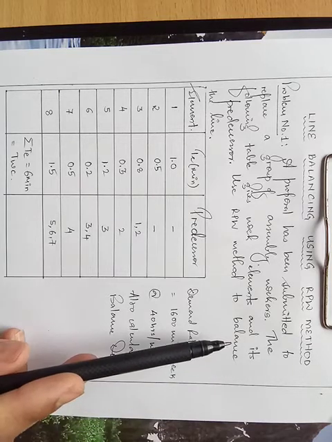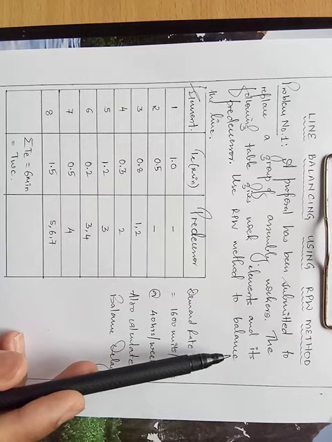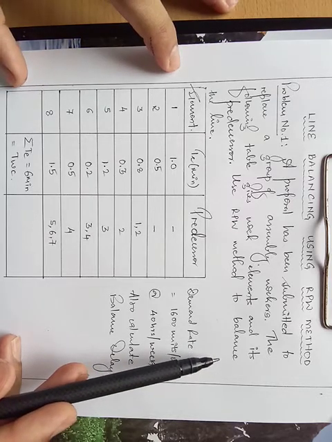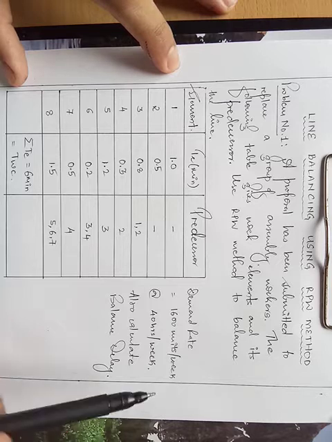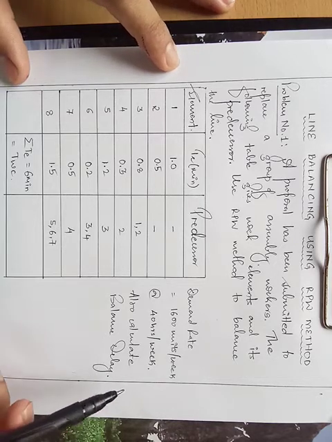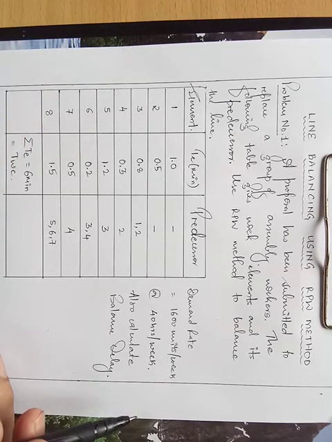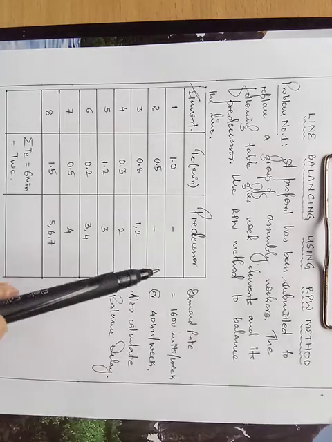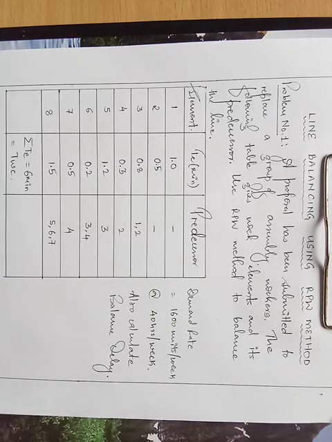So when he has asked us to balance the line, it means that he is indirectly asking us to allocate these work elements in an optimal way, and he has also asked us to calculate the balance delay. Before we can proceed, the mandatory prerequisite is to calculate the cycle time and also to draw the precedence diagram. Even though he has not mentioned in the question that we should draw the precedence diagram, it is mandatory to draw it, right? So let us start the problem.